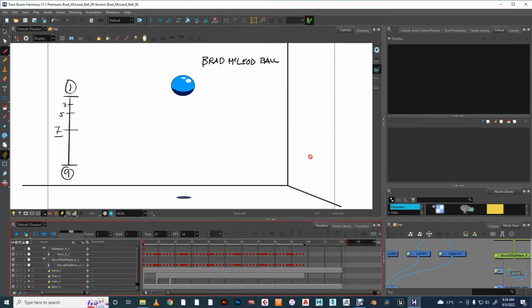Okay, now we're gonna do, let's have some fun. Let's do another example of how we could maybe animate this ball. So I've done a save as. You can see that I've done a new index. So I called my scene Brad McLeod Ball 08. Okay, and what I'm gonna do is I'm going to